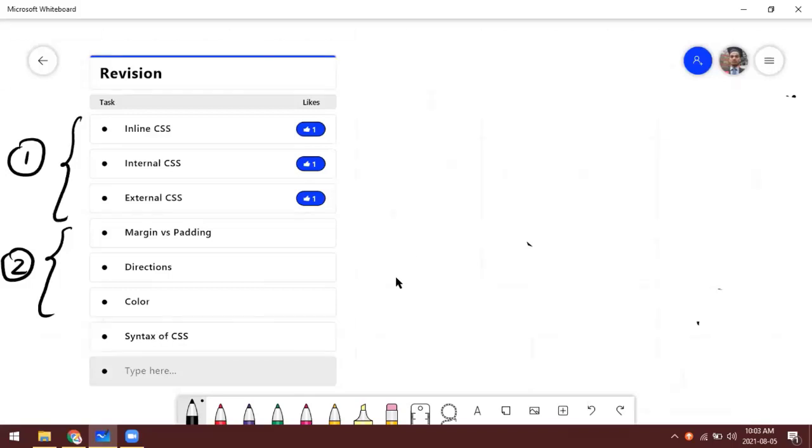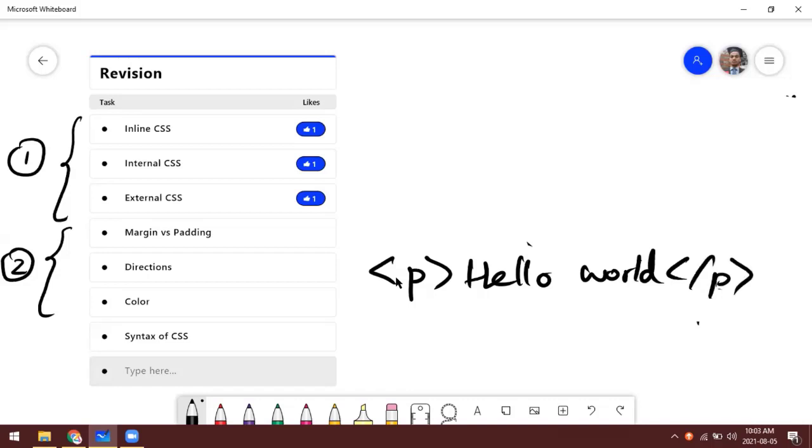For example, let's assume we have a paragraph tag, hello world. Then in inline CSS, by extending this paragraph tag using the style attribute, we can give our CSS style, which is only applicable to the particular HTML tag, right? So that is all about inline CSS.